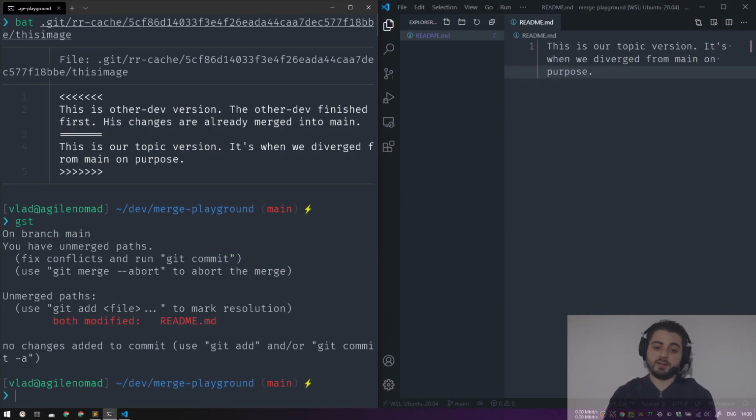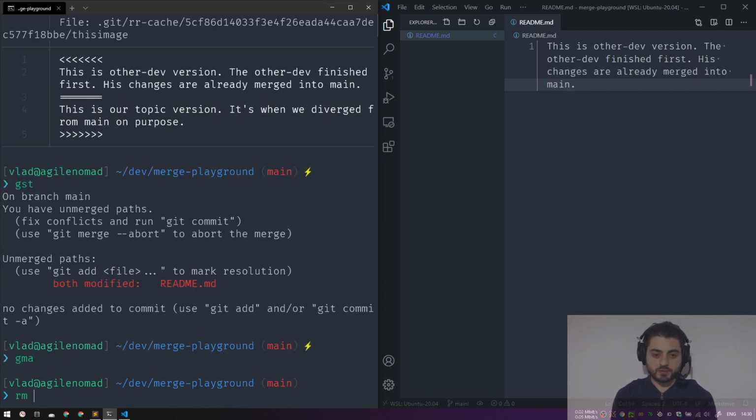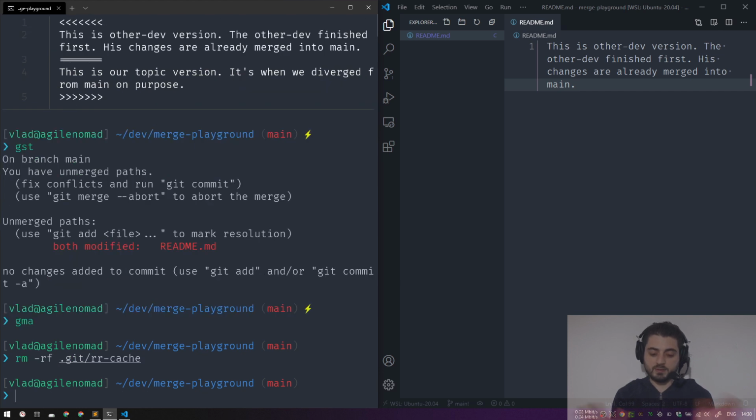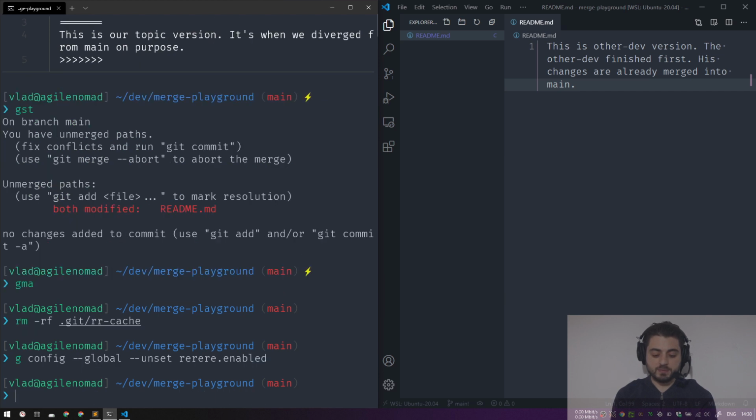So from here you would stage everything and create your merge commit, but we're not going to do this. So let me actually abort the merge, and let me also remove the cache, the entire thing, so that we're just going to forget it. We're also going to disable it globally, we're just going to do unset rerere enable, so we can do